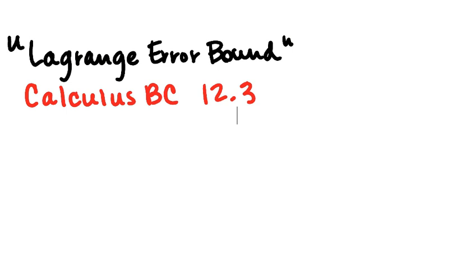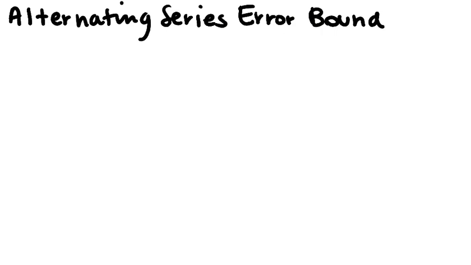Okay, in this video I'm going to be talking about the Lagrange error bound for Taylor series. So basically you're going to approximate the value of a function using a Taylor series, and we will use the Lagrange error bound to set an upper bound for the amount of error in that approximation. And before we do the Lagrange error bound, we're going to need to go back and talk about the alternating